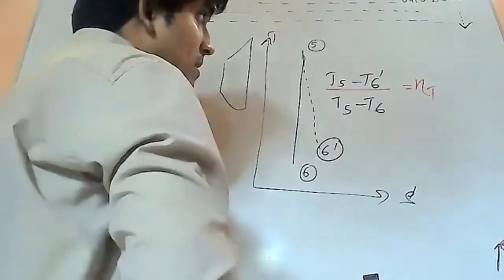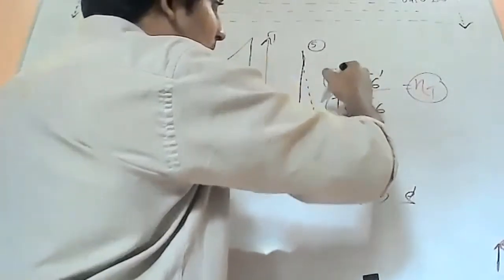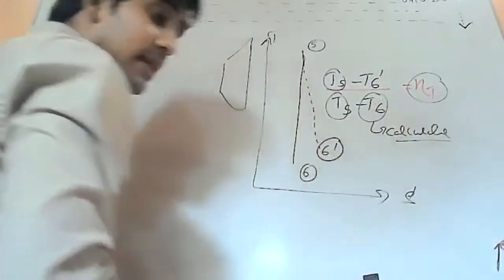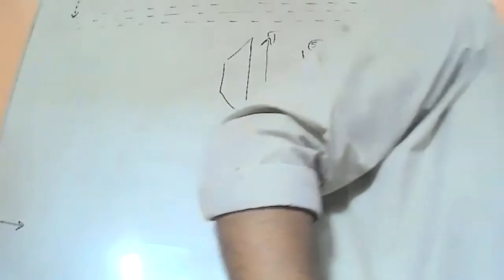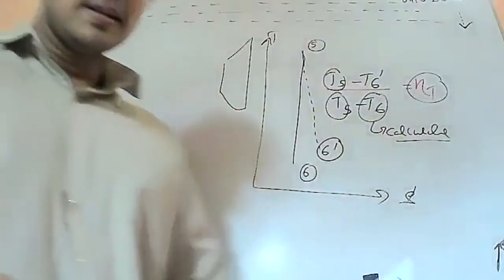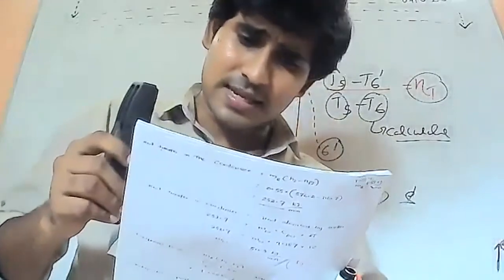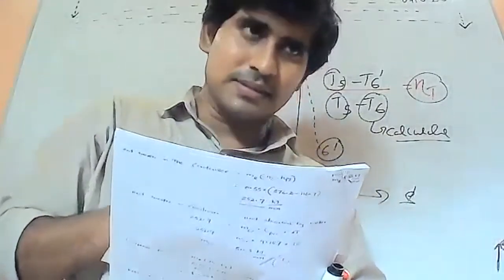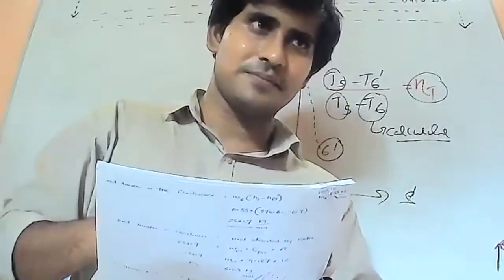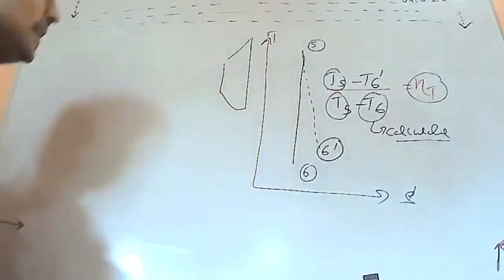So delta T is given, T5 is given, and T6 we can calculate, right? Because all the conditions are given in the problem. What is T5? T5 is the input condition of the first turbine stage. It is mentioned as the maximum temperature of the turbine cycle. That is the temperature of the first turbine. So that is 1525 Kelvin. That is T5. Okay, T5 is okay, but now the scenario is how to find T6.